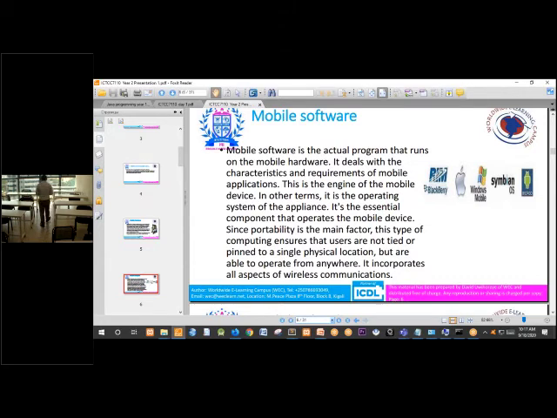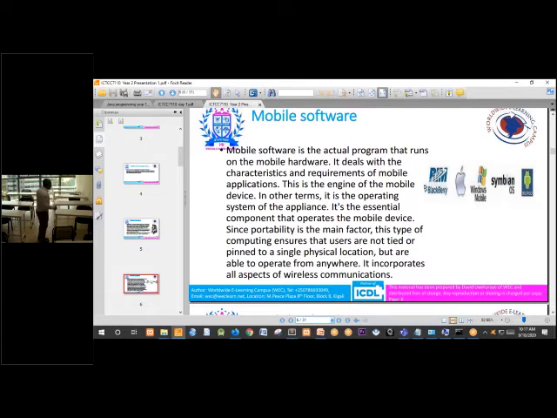That is why, in the hardware equipment required, we have mobile devices which operate on batteries, and you can go anywhere with them.